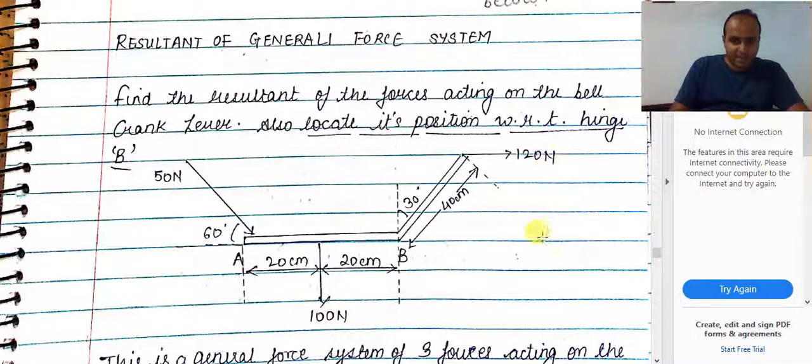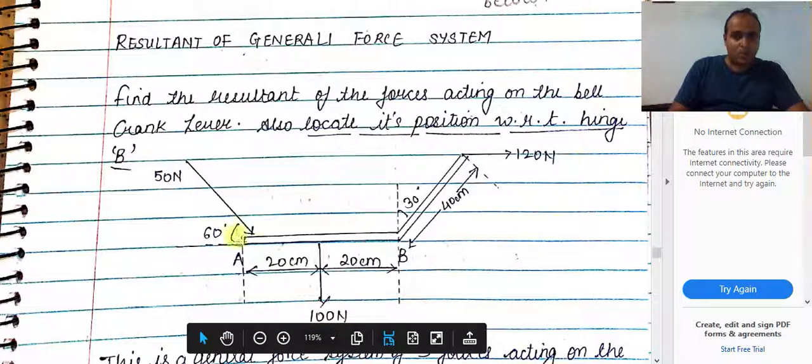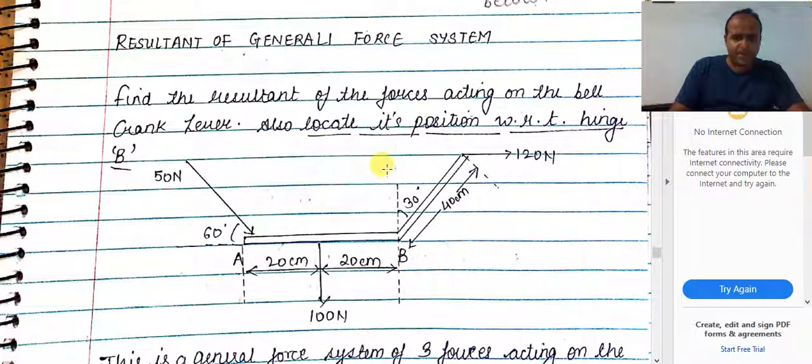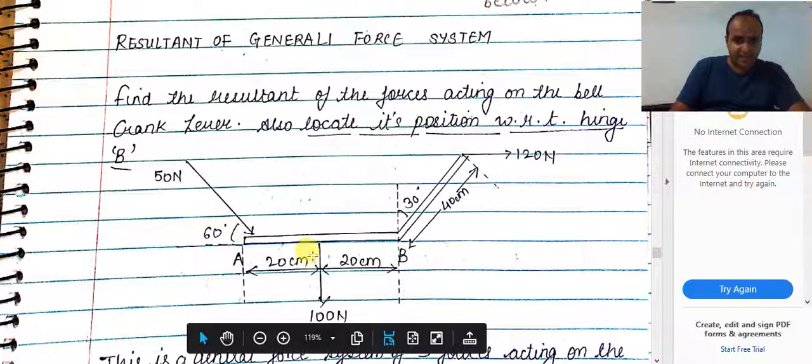First of all, let us see the problem and understand why it is a problem on general force system. Now, as you all can see, my dear friends, this beam is an obtuse angled beam. Basically, it's an L shape, that is a right angle L shape. So now, as the load is applied, that's why the obtuse angle shape is taken. So let us see how many total forces are there. This is a 50 Newton force acting at an inclined angle 60 degrees, 100 Newton force acting vertically downward, 120